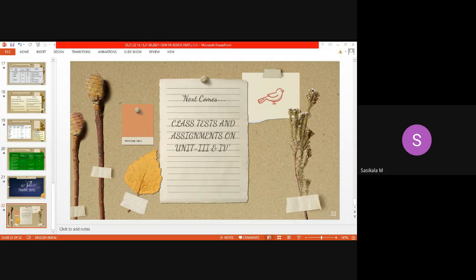I'll be giving questions during your class test timing only, not before. So get prepared on these 3 topics: gravimetry, diazotization titration, and then redox titration. Be thorough on these 3 topics for the class test. The assignment is also to be submitted. Today I will assign the assignment. On Monday you need to submit the assignment. So you have 1 week for both the class test and assignments.